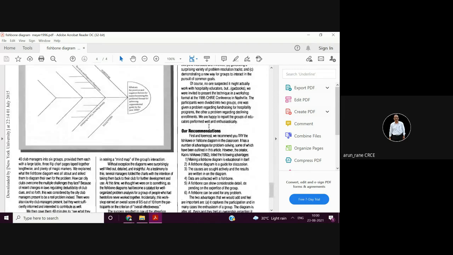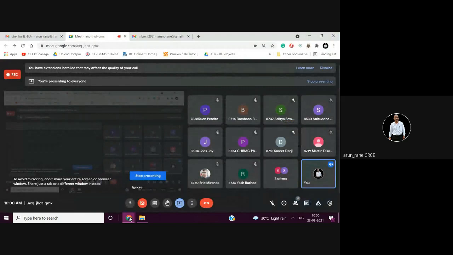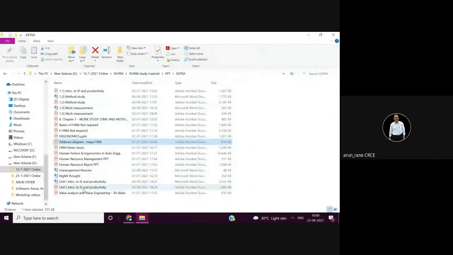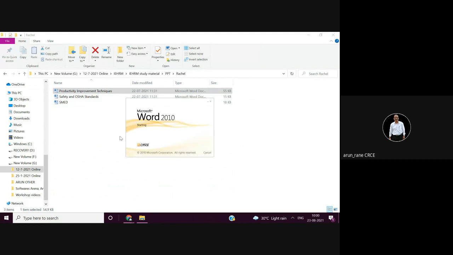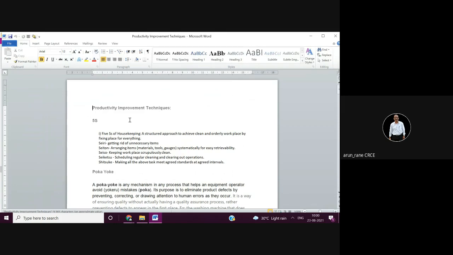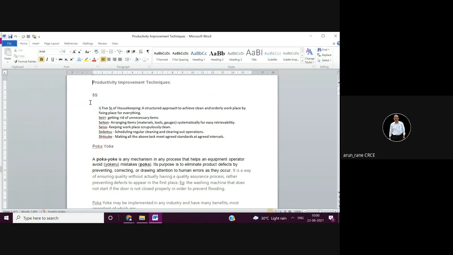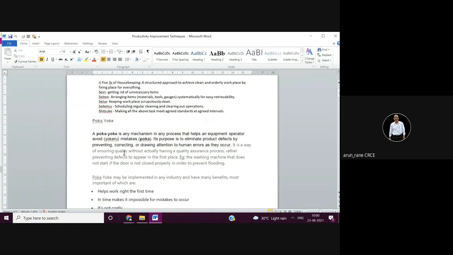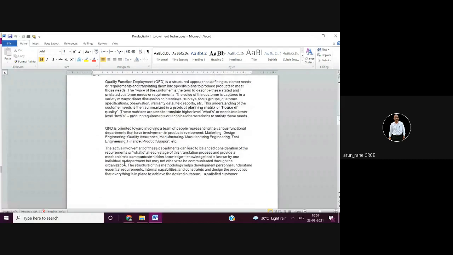So many examples you will find on the Ishikawa diagram. Then, just take 2-3 minutes more regarding productivity improvement techniques. So I was expecting this. Many students have written properly. Like what are the different productivity improvement techniques? What I was expecting was like 5S, then Poka-yoke, then Kaizen, Kanban, QFD,